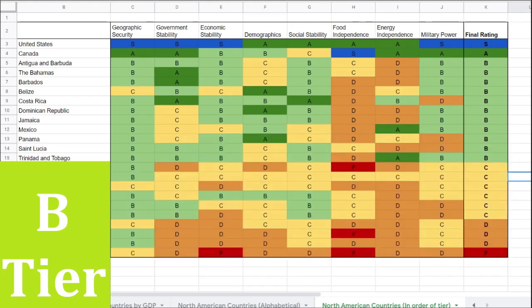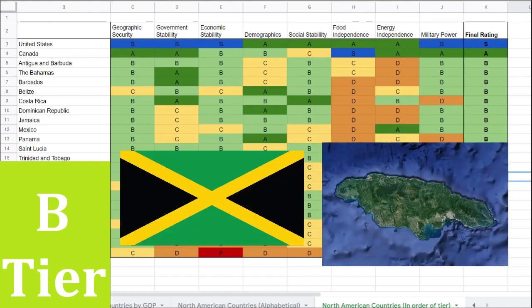Military power, just B, not much to say there. Okay, on to Jamaica, another former British colony. Geographic security is B. I explained why earlier. Government stability is C, actually, which is unusual since it's a former British colony, but it's been surprisingly unstable in recent years,